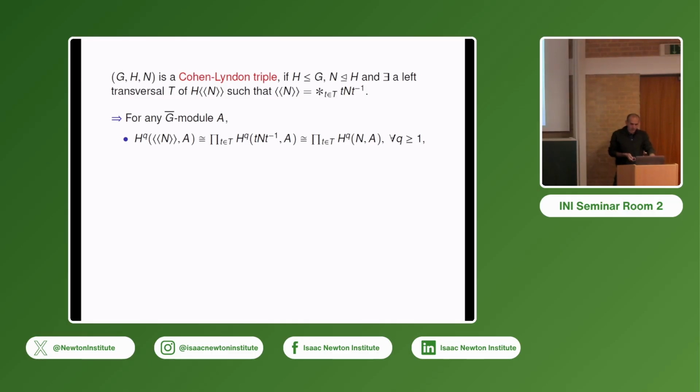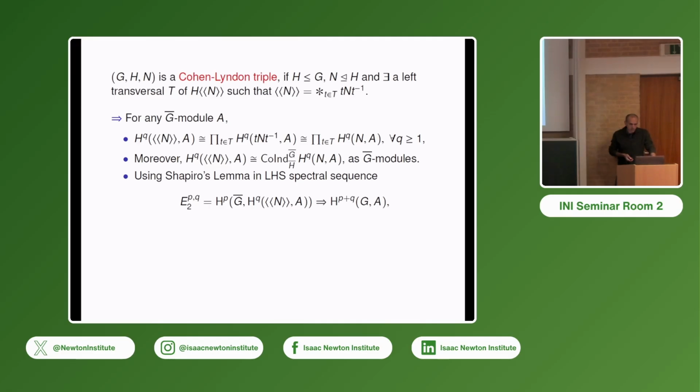But what actually is true is as G bar modules. So you have a G bar action on the left here, and then here you can actually see this as a G bar module. This is nothing other than the co-induction of this cohomology. So it's the co-induction of the cohomology of N. Why is that interesting? It is because we have,